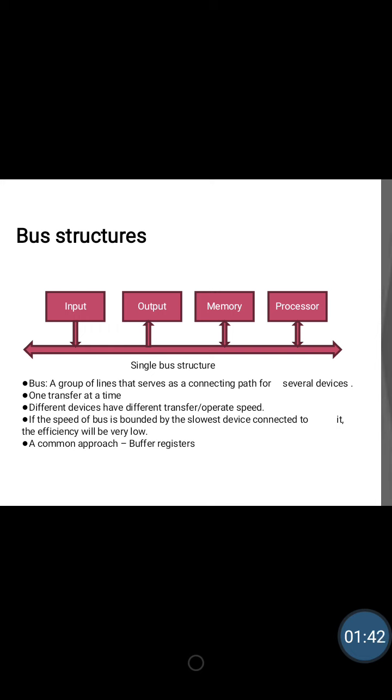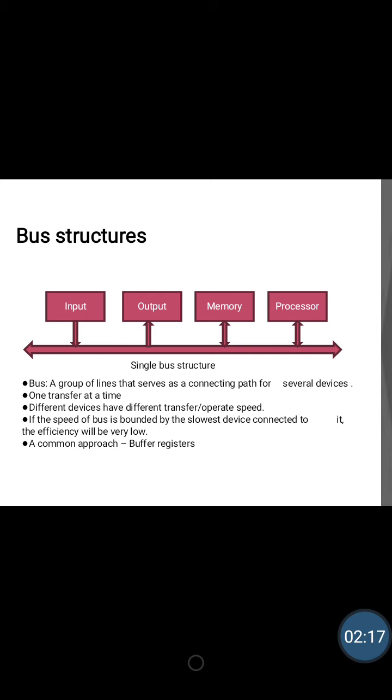So what is happening here? Here you can see a single bus, only one bus is used to connect input, to connect output unit, memory unit and processor unit. As only one bus is connecting all these units. See, you can see only one bus. Okay, some group of lines are there with two ways arrow. You can look at here having some group of lines. Okay, a bar is there, that is a bus. This single bus is connected to input device, output device, memory and processor.